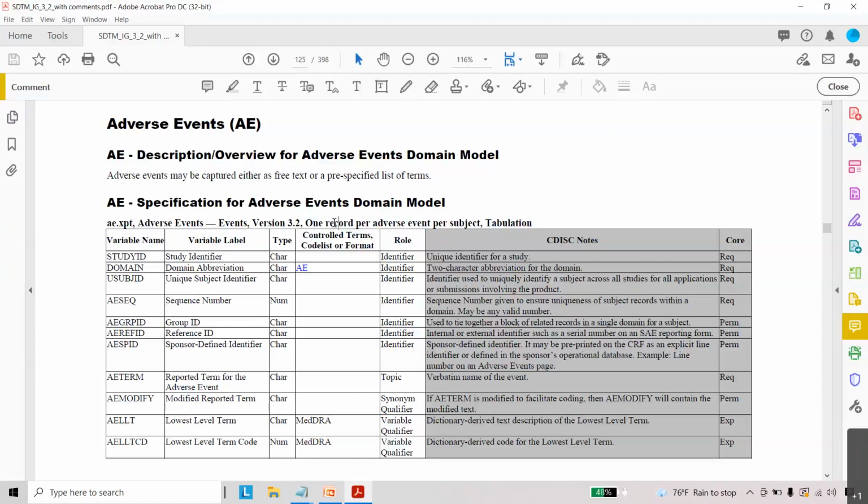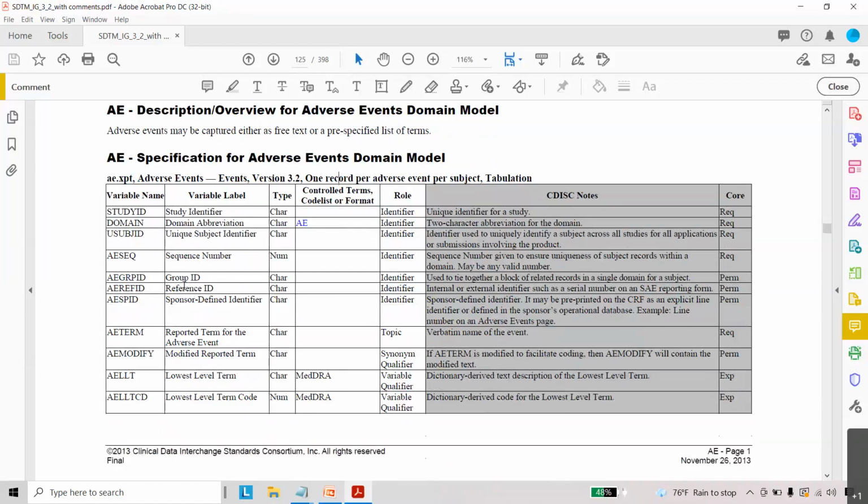So for every adverse event we see one record. Understanding the adverse event values is important, and it is one of the programmer's job responsibilities to see how the values have been populated. If required, data issues have to be escalated to the manager or lead programmer.